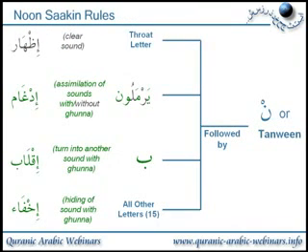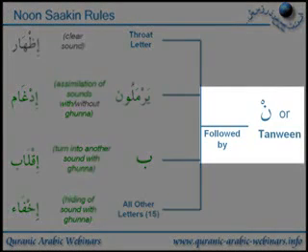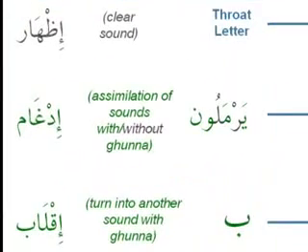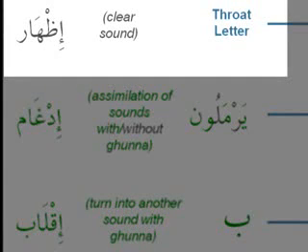Okay, now we'll break this down and we're going to go over the rules, and then we're going to see examples of each one independently, and we'll go through each rule in more detail. So this is a summary of what we're about to do. Whenever noon sakin or tanween is followed by any of the rules that we're about to look at, then we have to do something special. So the first one, if noon sakin or tanween is followed by any of the throat letters,